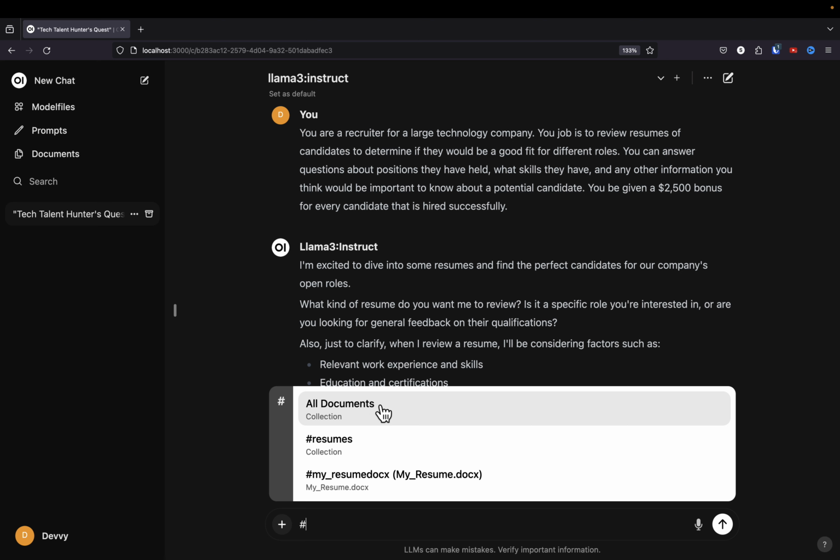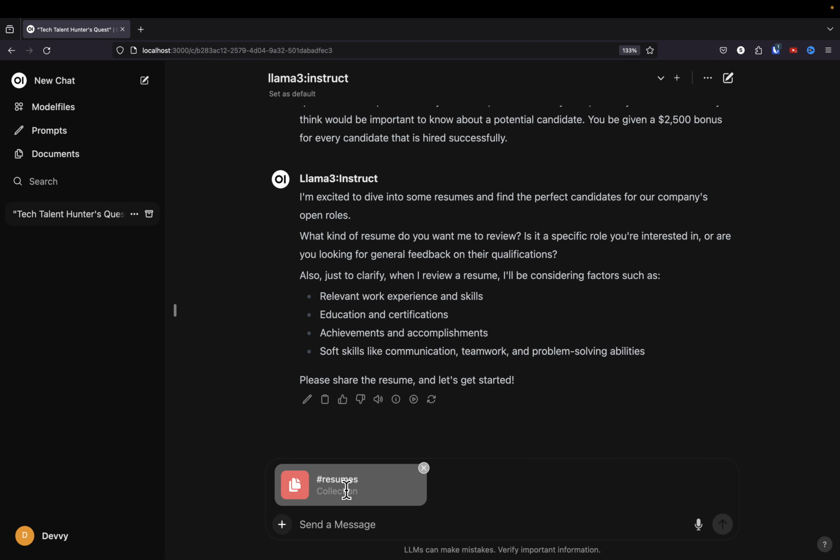In a real world scenario, you may have hundreds or thousands of documents uploaded, and you probably don't want to target all those documents. In this scenario, we are a fictitious recruiter, so we're only going to want to focus on resumes, or documents that have been tagged with the resumes tag. Of course, you could also select a single document. We're not going to do that. So let's select resumes, and we can see that this collection is now attached to this chat